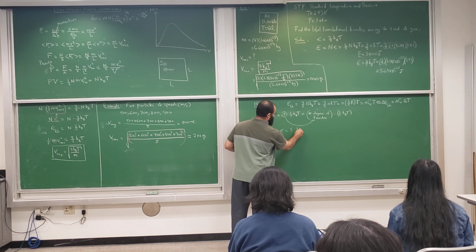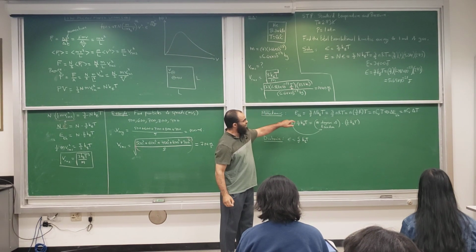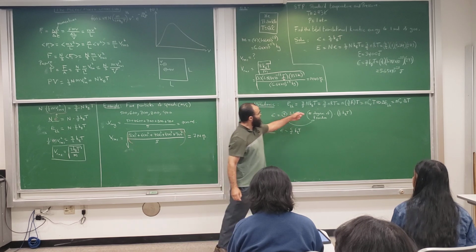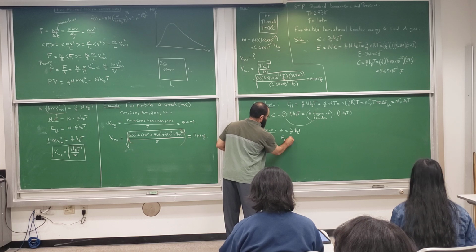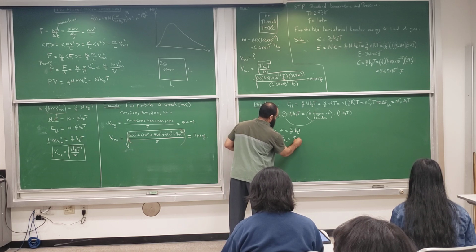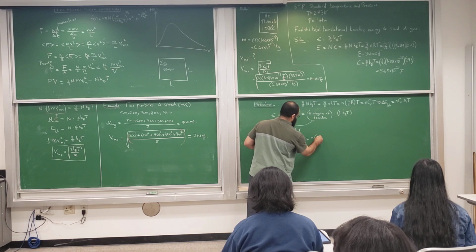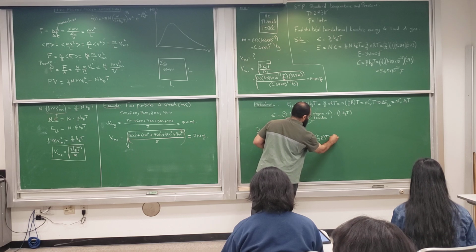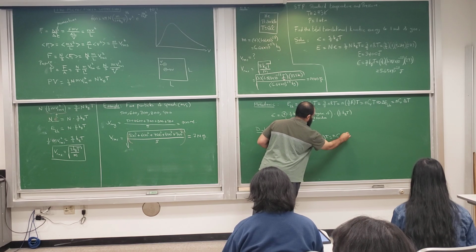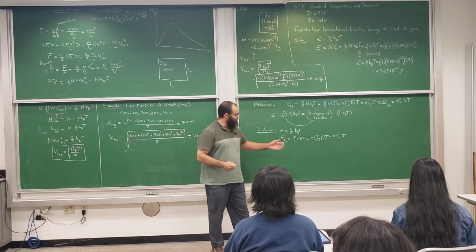And then times 1 half. Well, it would be 5 halves. Okay. C. And if you calculate the total thermal energy, this would be 5 halves. So the total thermal energy is going to be 5 halves N k T, which is N times 5 halves R times T, that's the thermal number. And the change was